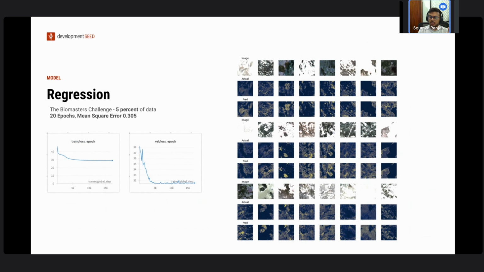We also tested it on a regression task. This is not a traditional regression task, but per-pixel regression. There was a BioMasters challenge hosted on DrivenData that had, I think, Sentinel-2 and Sentinel-1 data, and they were trying to estimate above ground biomass from this. So we only took 5% of the data, and only Sentinel-2, not Sentinel-1, and trained it